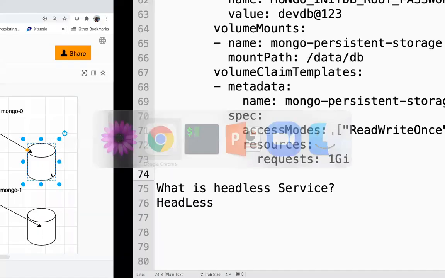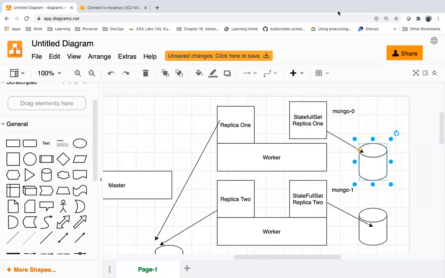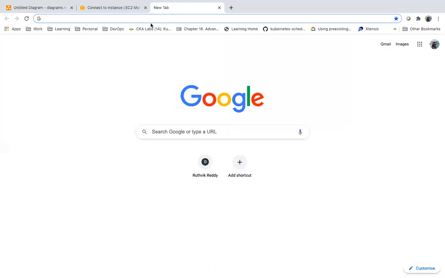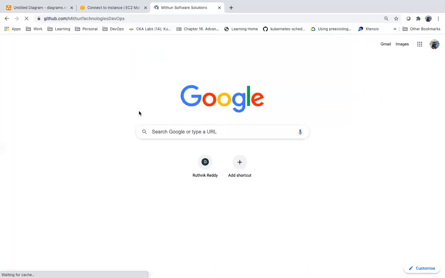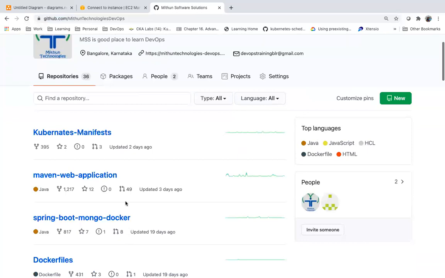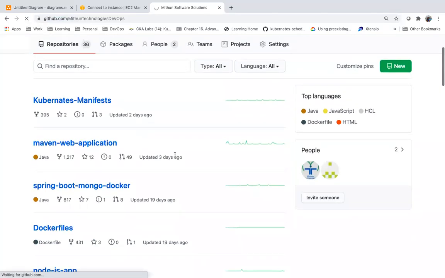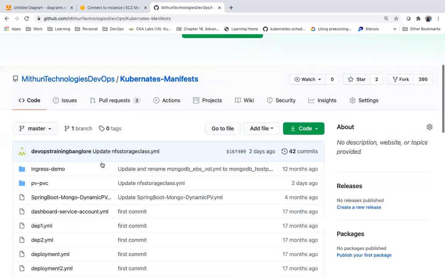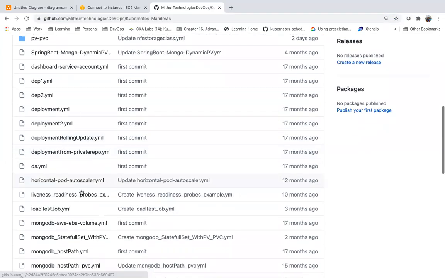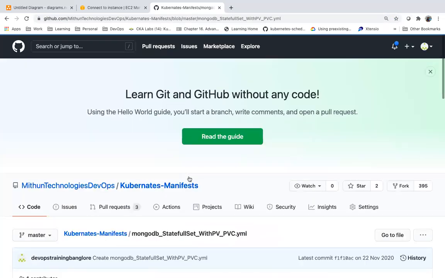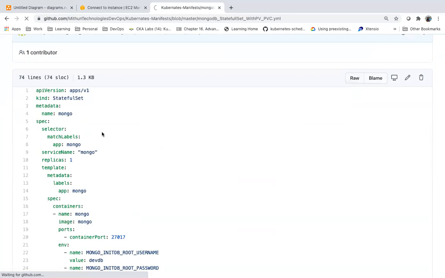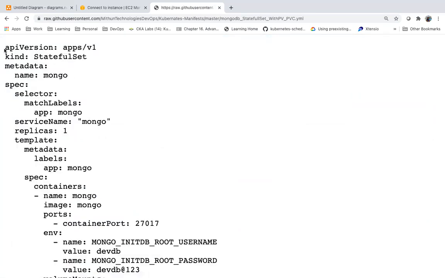So now let's create stateful set. I have a manifest file here in our GitHub. I'm going to use that because if I copy paste, there will be indentation problems. So this is my stateful set. We are creating a stateful set.